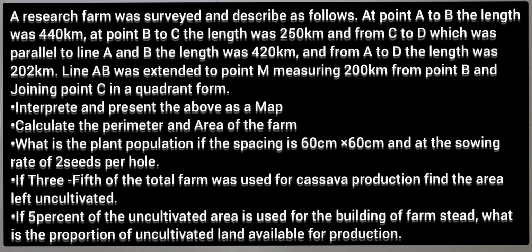the sowing rate is 2 seeds per hole. The fourth question, if 3/5 of the total farm area is used for cassava production, what is the area left uncultivated? Then the fifth question is, if 5% of the uncultivated area is used for the building of a farmstead, what is the proportion of uncultivated land available for production? Now,